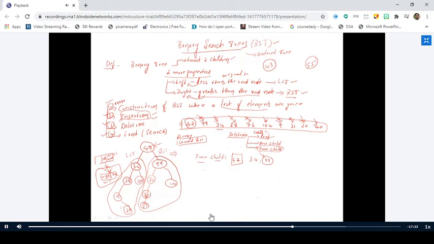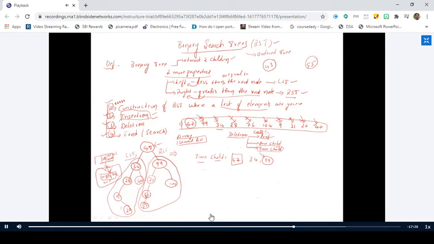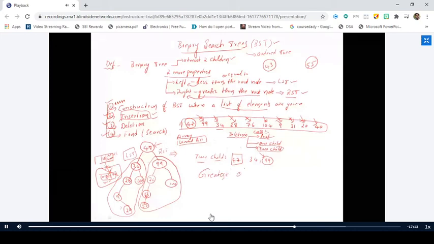The simple logic here is, if you decide to go for the left subtree, that means if we want to replace the root node with 1 node from the left subtree, you have to find the greatest element. Listen carefully, this is important. You have to find the greatest element in the left subtree.